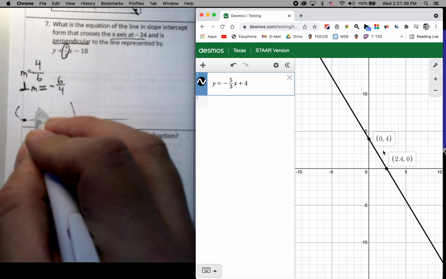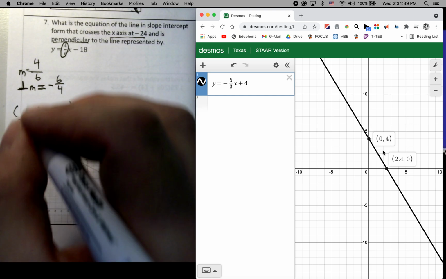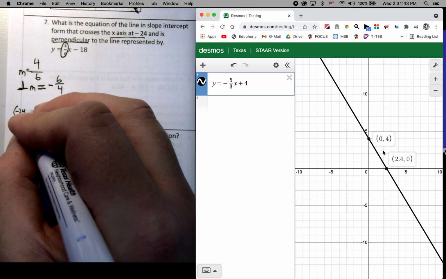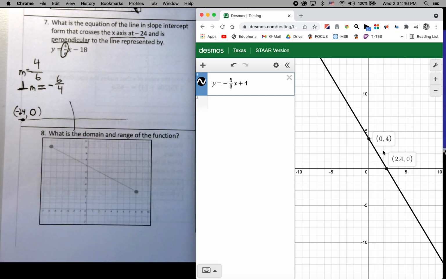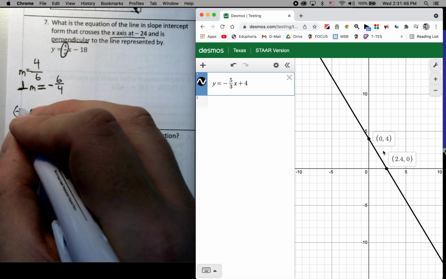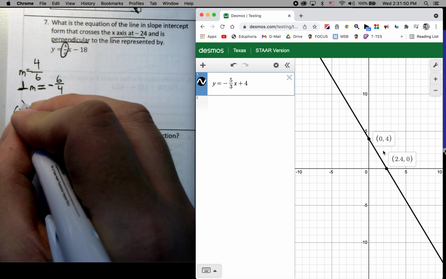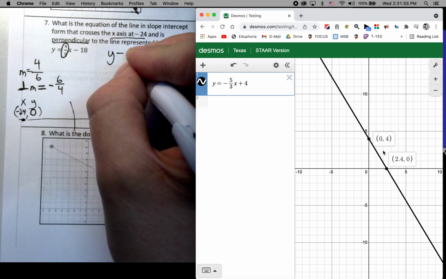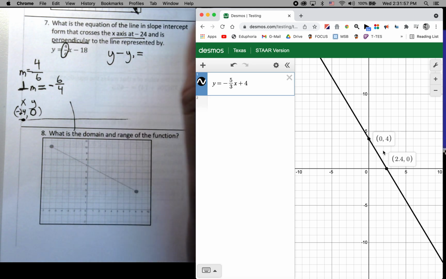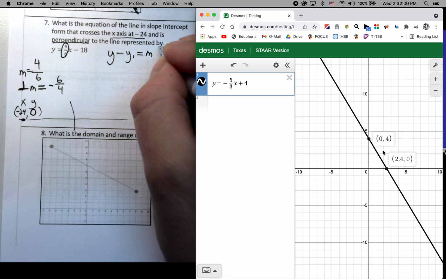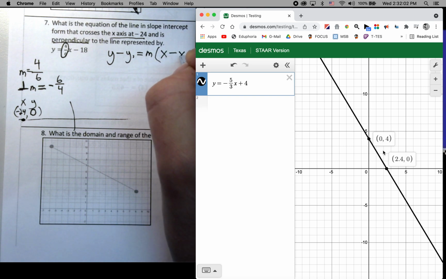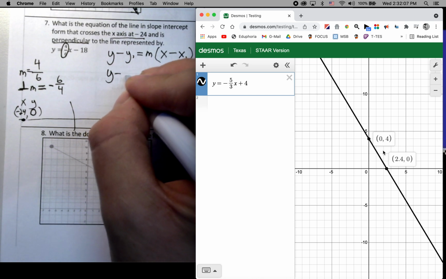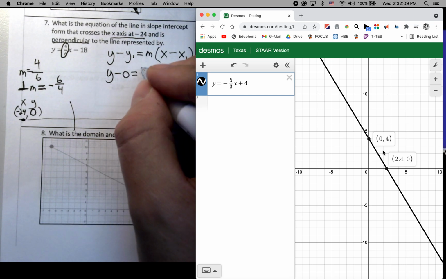Now, what's important to know about this is, yes, the x value would be -24. And also important, the y value would be 0 because it's on the x-axis. So I have a point and I have a slope. I'm going to use point-slope form, which looks like this: y minus y1 equals slope m times x minus x1. Okay? So now I got y minus 0 equals -6/4